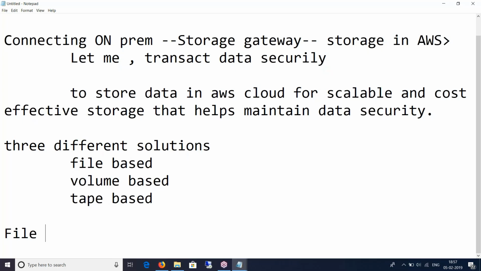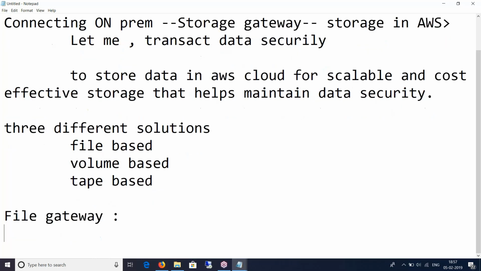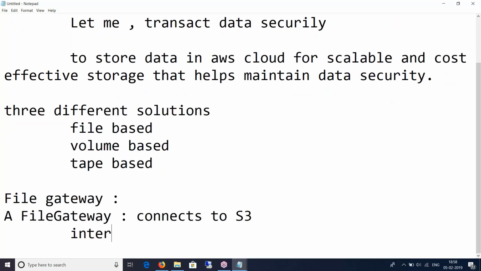So what is a file-based gateway, or a file gateway? Starting from a file gateway. How about using short terms now? I don't want to be lazy here, I'll put the full thing. A file gateway supports a file interface into S3. So it creates an interface between on-premise and the cloud. And when I say cloud, specifically S3, so it connects to S3. And what you need is an interface, and this interface is a virtual machine. Let's call it a virtual appliance.